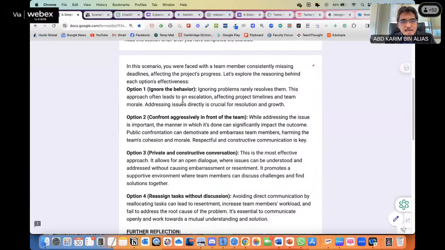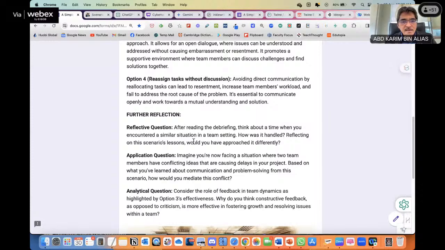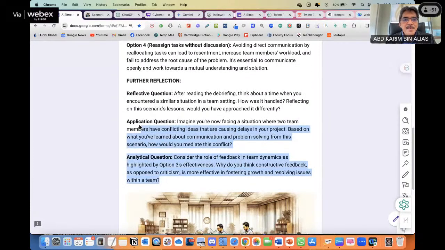So they will learn why option 1 or option 2 or option 3, and further reflections. We can also give them questions to think about. These are the takeaway lessons, with questions for them to do further exploration and further thinking on that particular scenario.